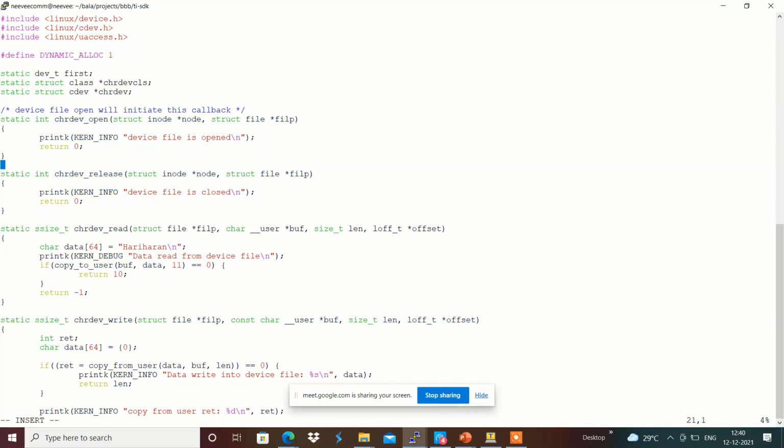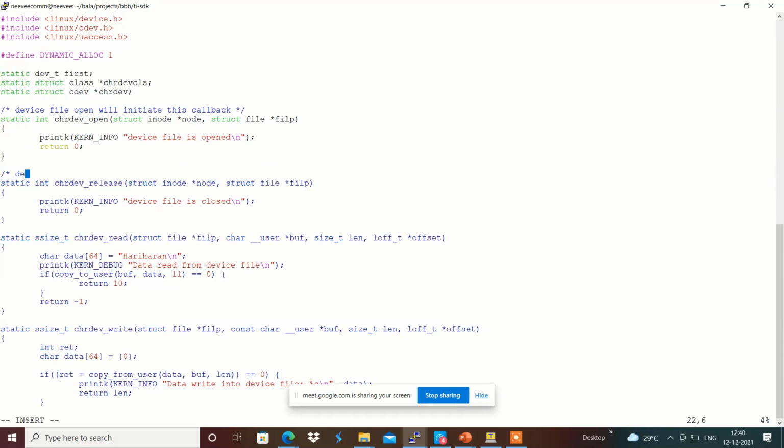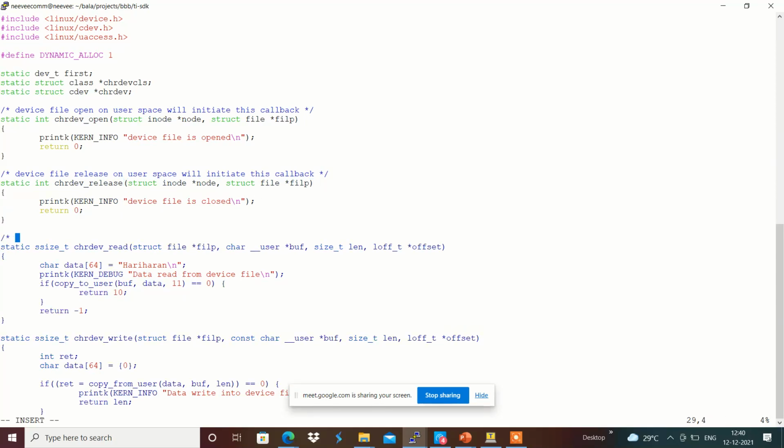And the same way, device file release on user space will initiate this callback accordingly over here. And for example, a device file read operation on user space will